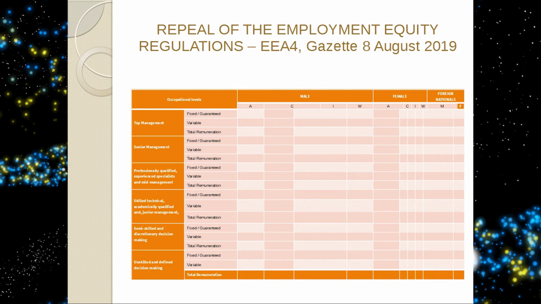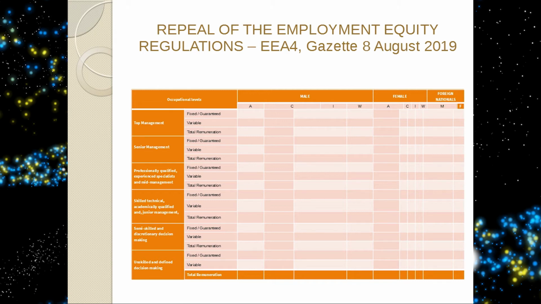And you do the same exercise for your colored, Indian, white, African females as well, and your foreign nationals. So you select the one person with the highest on top management, as well as senior management, as well as middle management, as well as skilled technical and or junior management, as well as semi-skilled. And when it comes to your unskilled, if that is your lowest occupational level in your company, you must indicate the one African male with the lowest fixed and variable